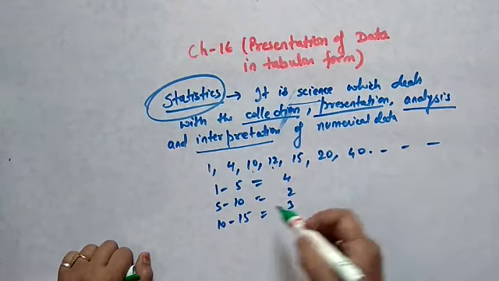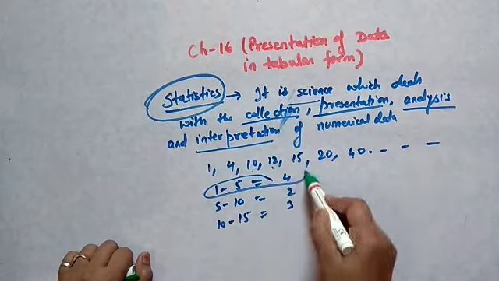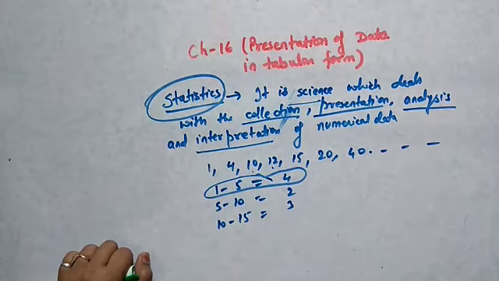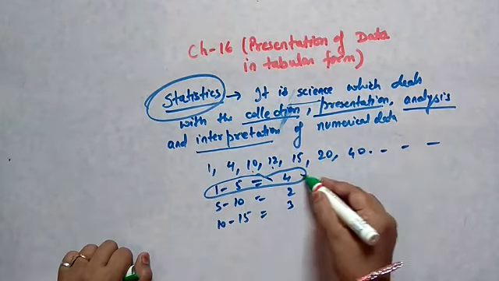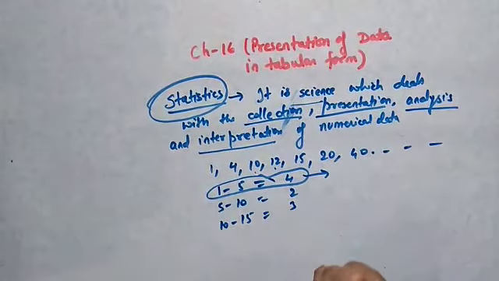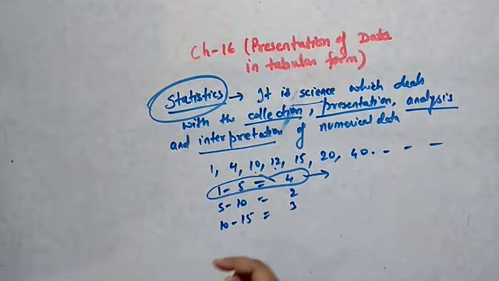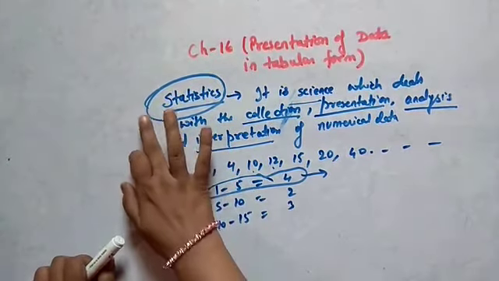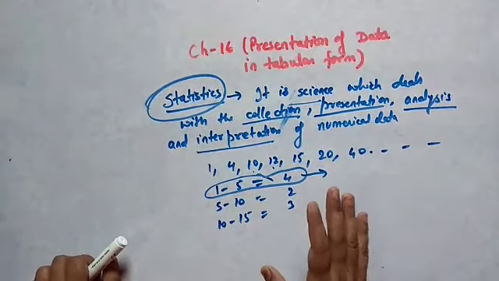Oh my god, I have to work more for these students because they are getting such a less mark. Okay, and then I will work on it. That is said to be interpretation. So in this way we are collecting the data at first, we are studying it, and then we are doing according to our need with that data. Okay, so I hope this is clear to you that what is the meaning of statistics.